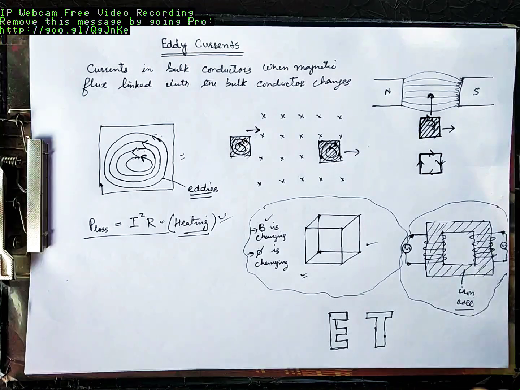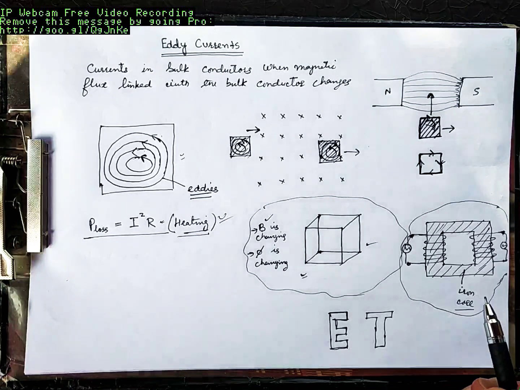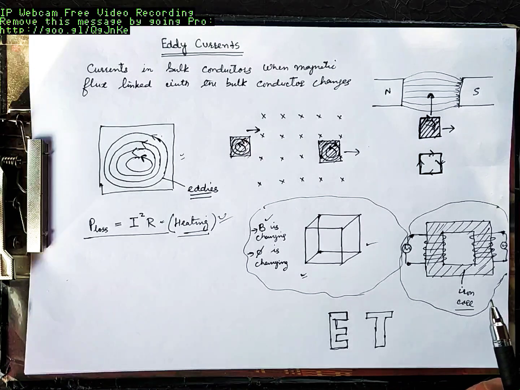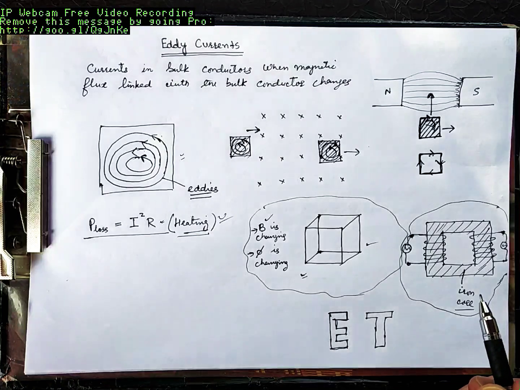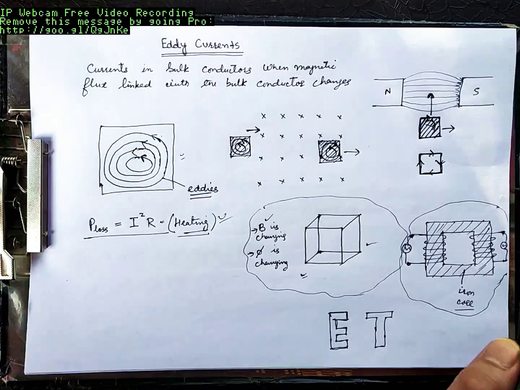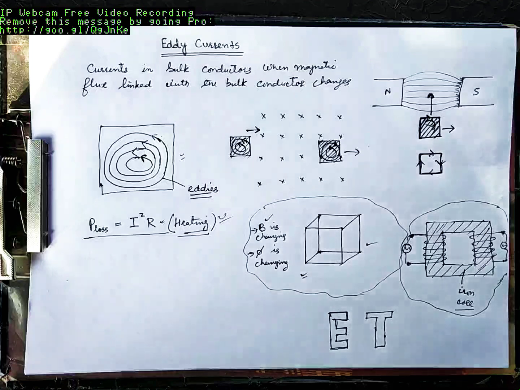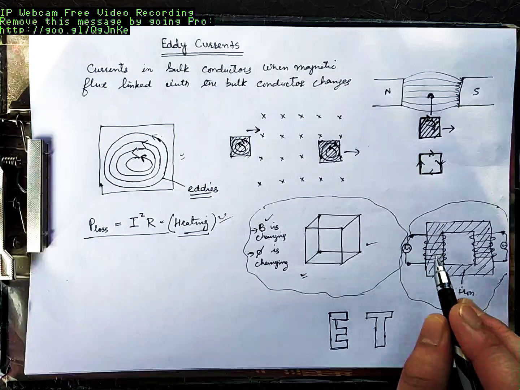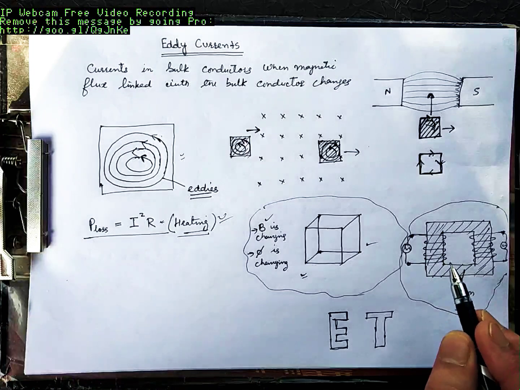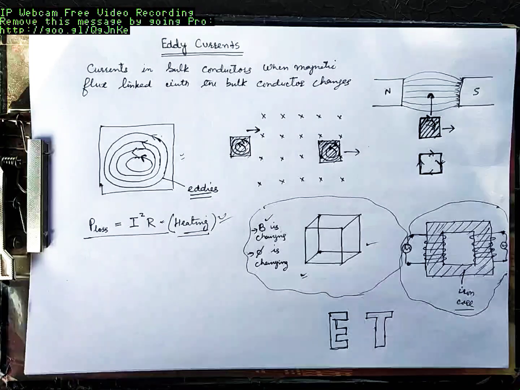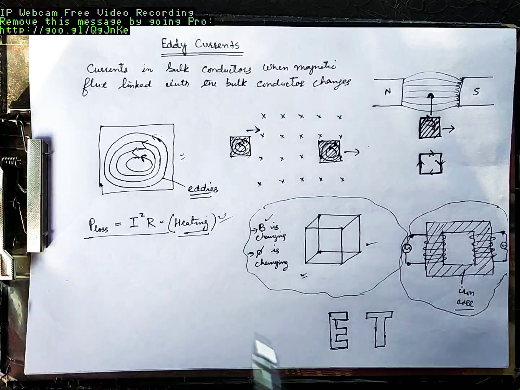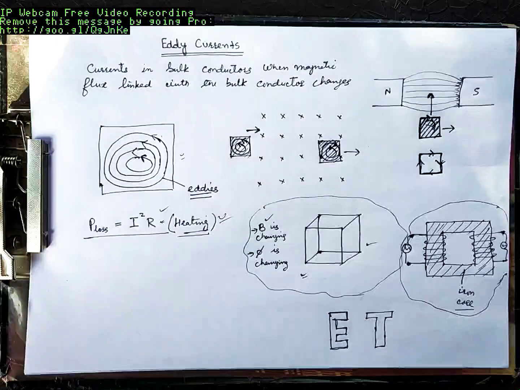It can conduct, but its conductivity reduces, and basically small current loops can flow in this. We'll come to that in transformers. Basically you are breaking the current path. When you break the current path, eddy currents cannot flow. Only a small value of eddy currents can flow. When only a small value of eddy current flows, the power loss is reduced.